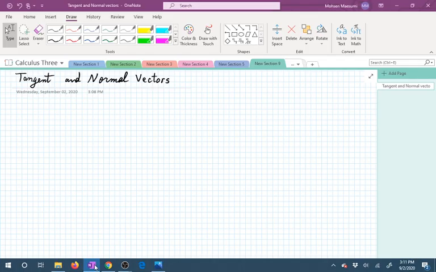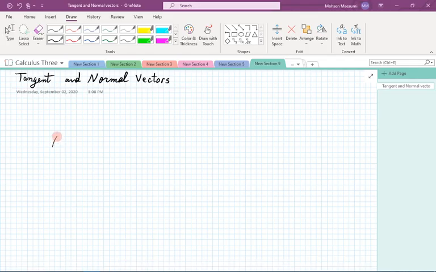So, tangent and normal vectors. If I am on a trajectory, well, at each point I am traveling in a certain direction. That direction is going to define my velocity and the tangent vector. So I have a certain vector here, that would be the velocity vector, and along this I'm going to choose a vector that's of unit length, and I'm going to call it the unit tangent vector. So I'll have some vector in the direction of v of unit length, that is, I'm going to call it